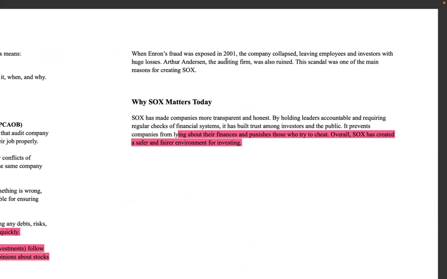Now, why does it matter today? Again, it promotes a lot of accountability. The whole purpose of the Sarbanes-Oxley Act is to make sure that something like Enron doesn't happen again. You're transparent with your stakeholders. You're taking responsibility for the financial reports. You cannot say that you didn't know what was happening, that you were completely unaware. The management, the company leaders are taking responsibility. They're signing off the financial reports.